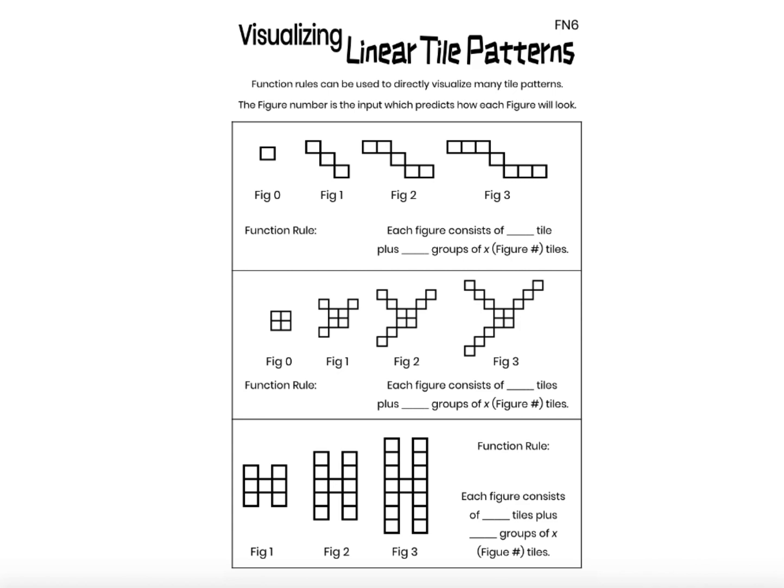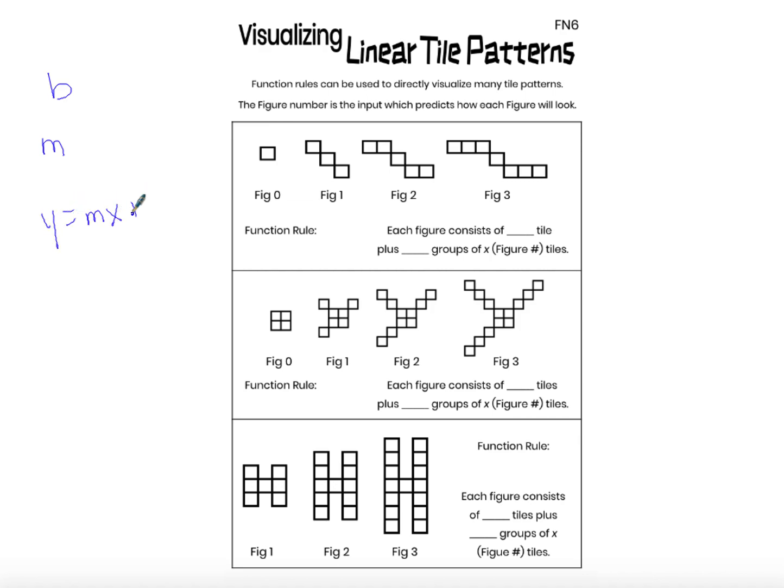In our linear unit, we looked at many tile patterns. We looked at the tile patterns to write the equation describing the pattern. The way we did this is we found the start value b, the start value meaning how many tiles were in figure 0, and then the rate of change m, meaning how many tiles were added to the pattern each time the figure number increased by 1. So we found the start value, rate of change, and then we wrote the equation in the form y equals